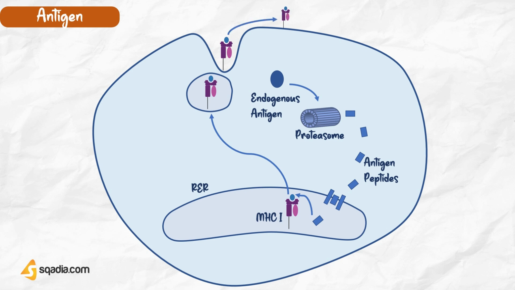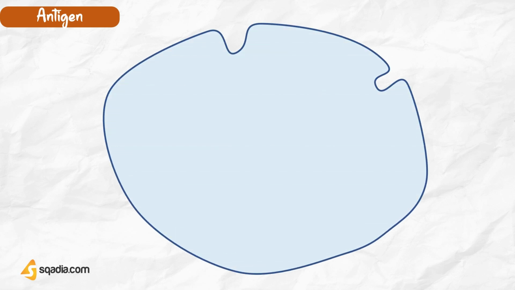Helper T cells and MHC class II complexes. Unlike class I MHC, they are much more restricted in their expression. What happens is,